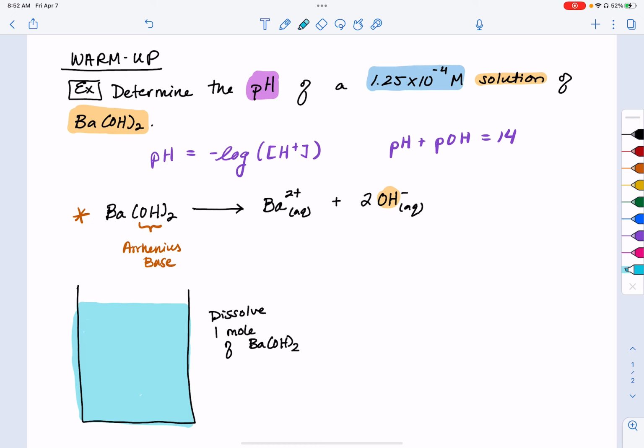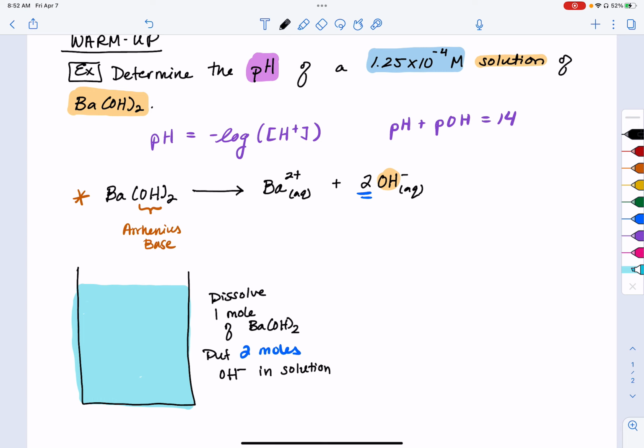That's Ba(OH)2. So if I dissolve 1 mole of Ba(OH)2, I generate 2 moles of hydroxide anion